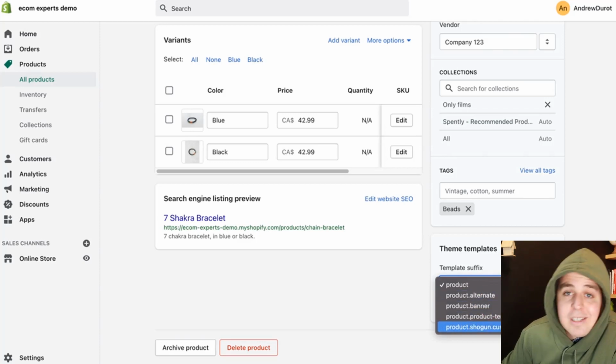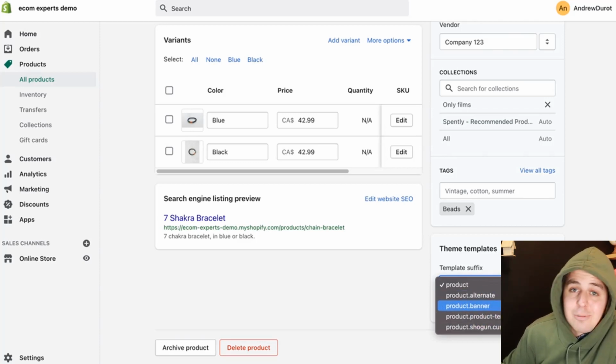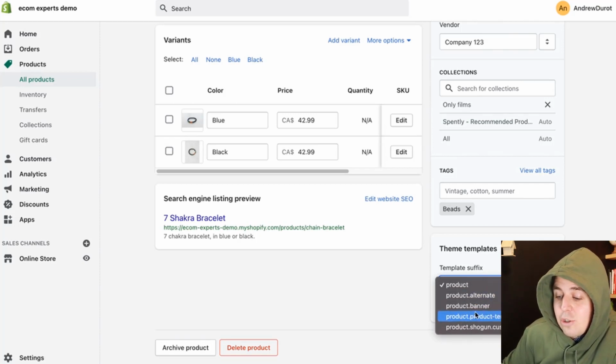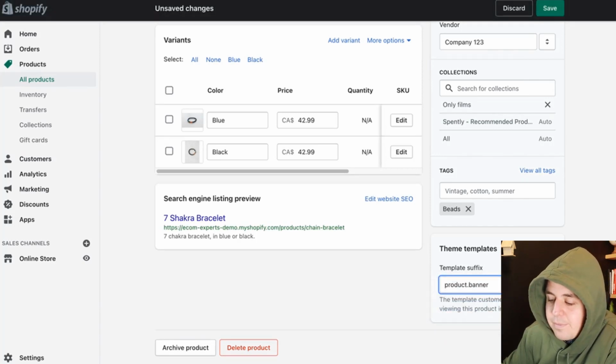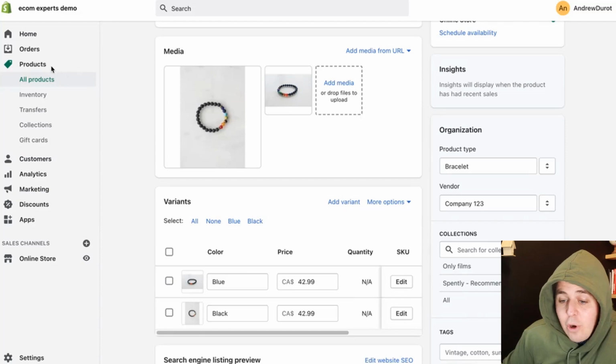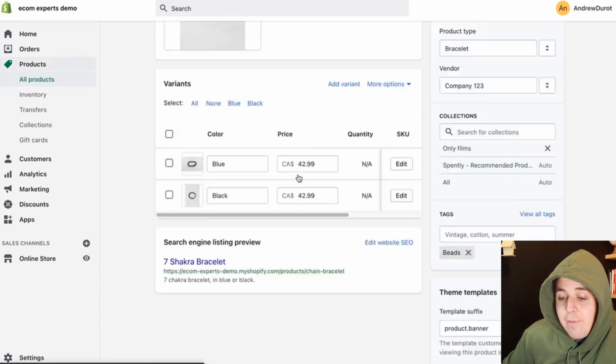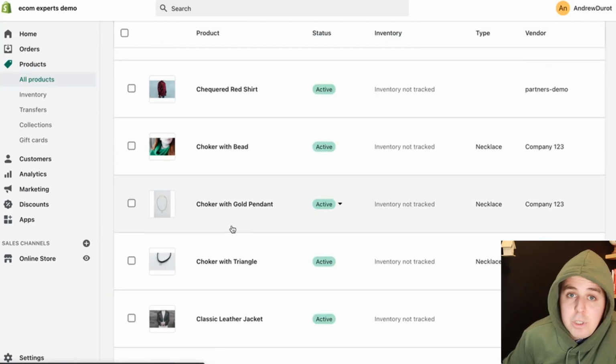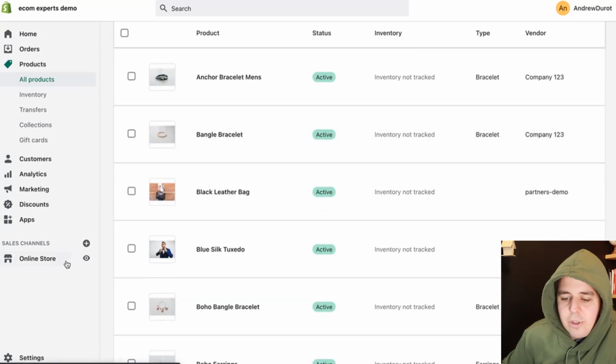If you don't have the other ones, that's fine. That's just legacy code because I haven't cleaned this store up. But you should choose the one that you just created, which is product.banner. And then you save it. You can do this exact same thing to all of the products that you want to have an image. Pretty straightforward.